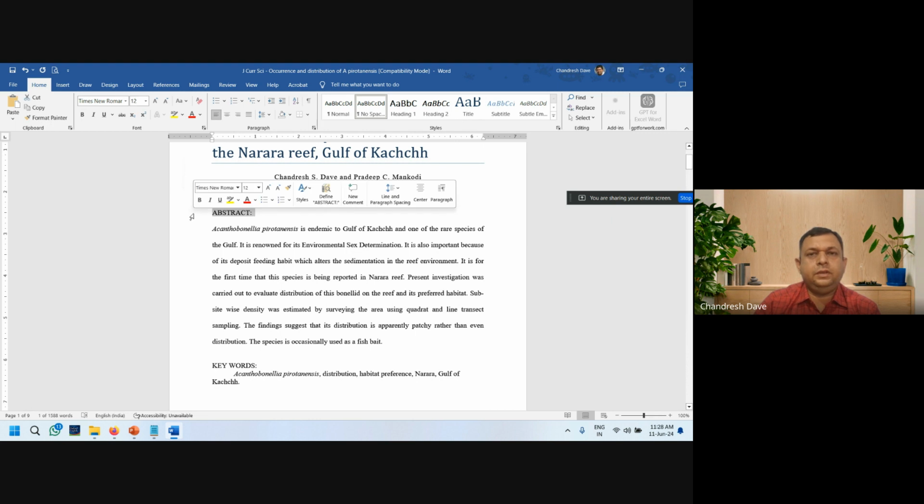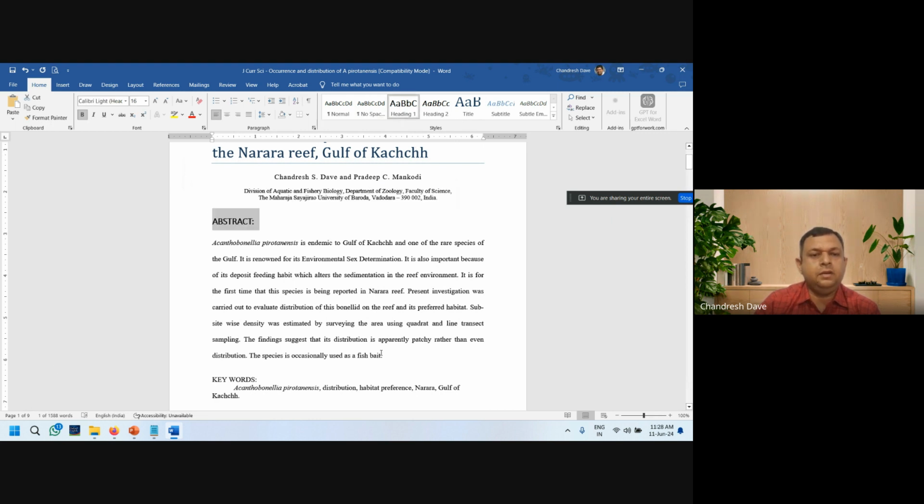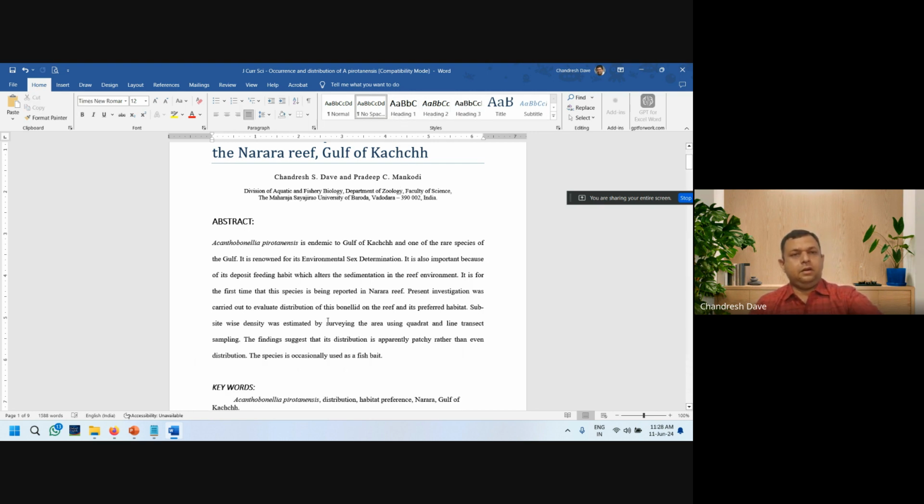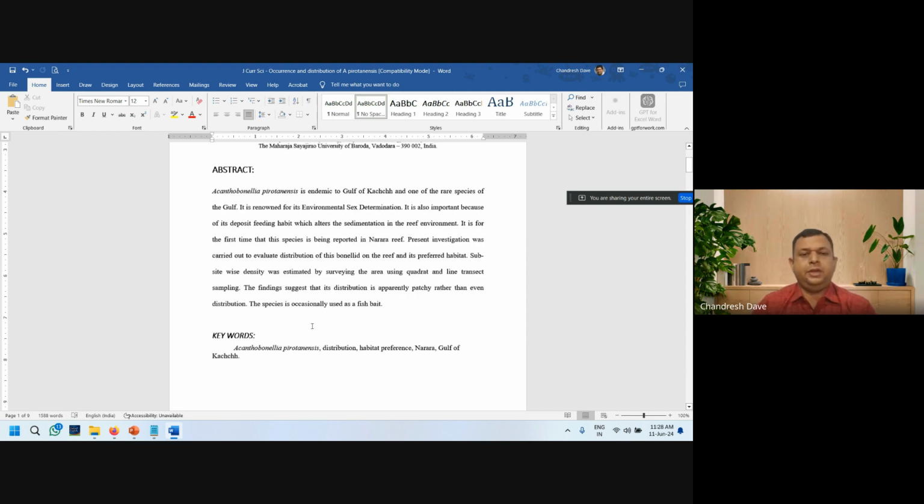And abstract is one of the main headings, so heading 1. Keyword is included under the abstract, so it is in a cascading manner. It is a part of abstract, so I would select heading 2, that is under the heading 1 abstract.